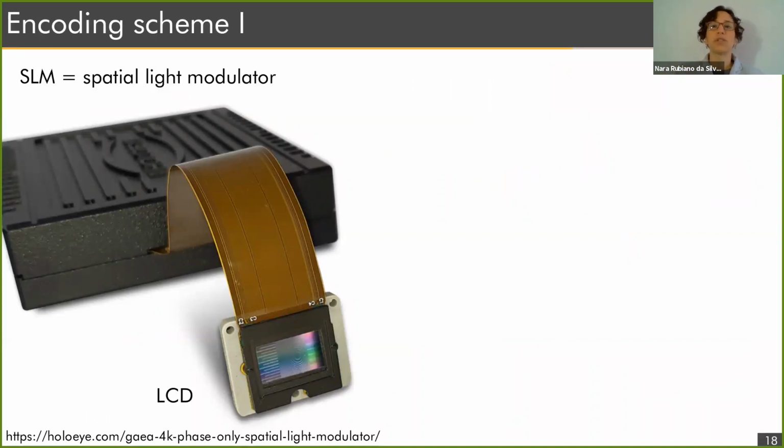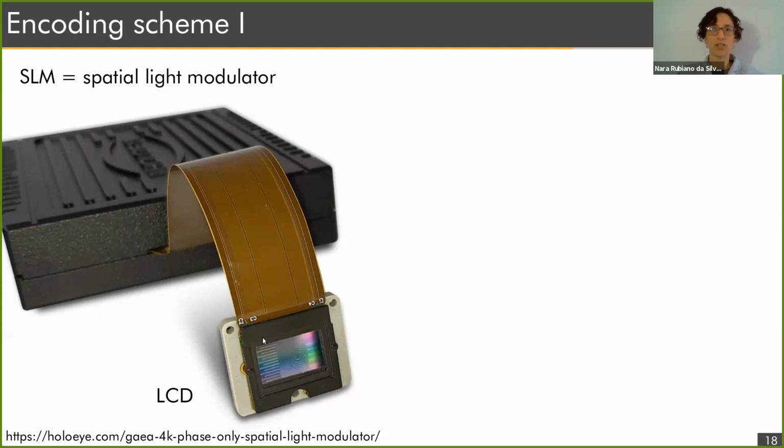The device we use here for encoding this information is the spatial light modulator, which was introduced already by Paulo. I will try to go briefly over it again, just to explain in a little more detail how we finally get the encoding we need here. So the spatial light modulator is, as Paulo said, an LCD screen, the same as we have in our computers, and we can easily program this screen to show the image we want.